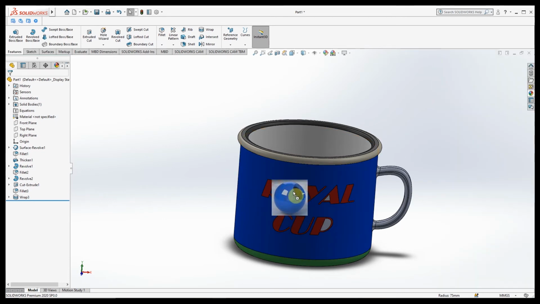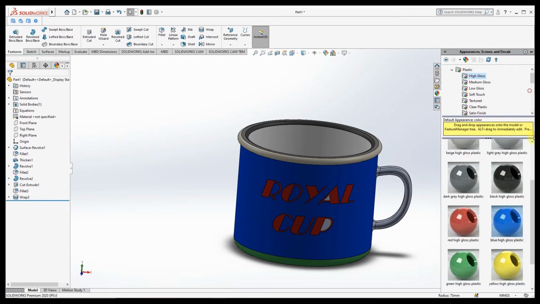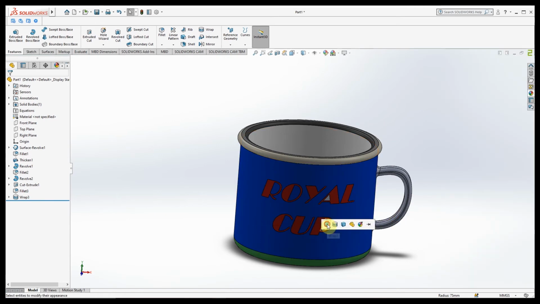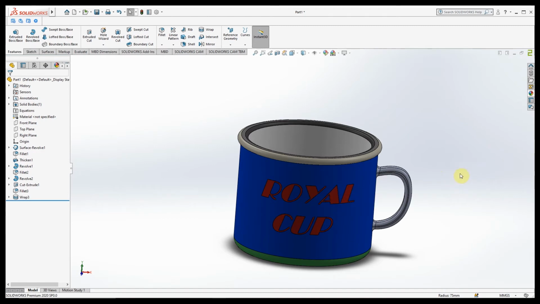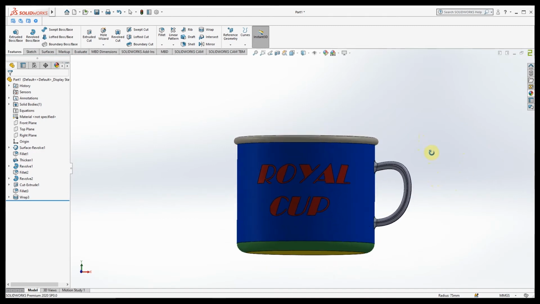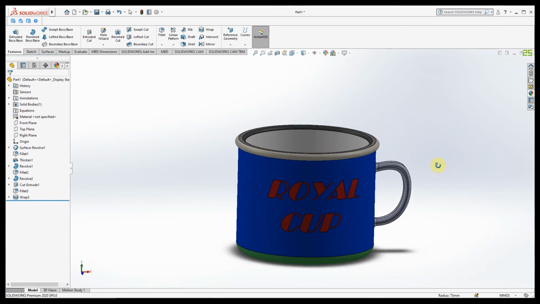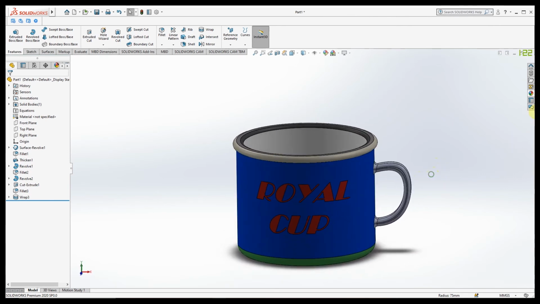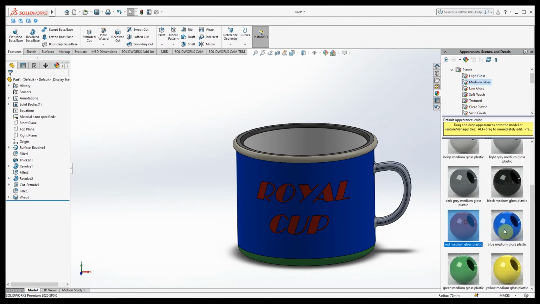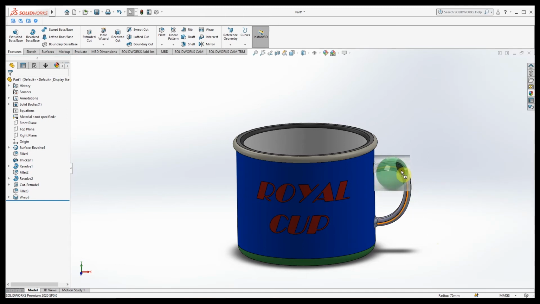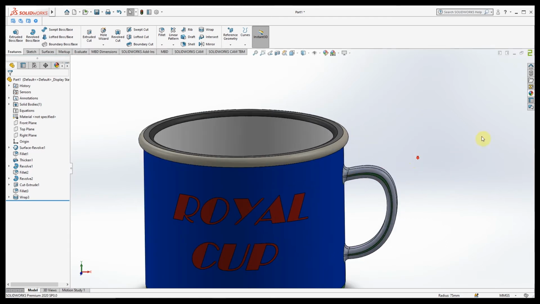The empty areas, fill with the same colors. We almost did it. For one more thing we have to put the color, that is the handle. For the handle we'll put the same color. One color is enough.